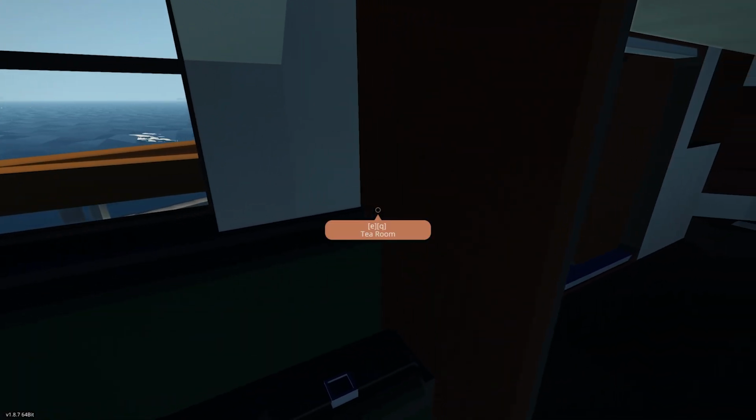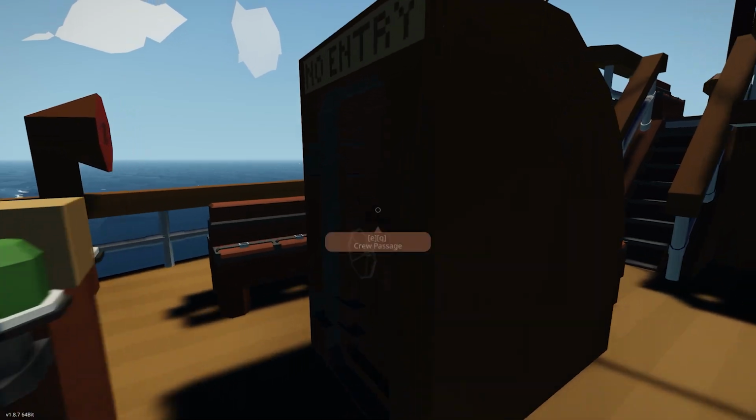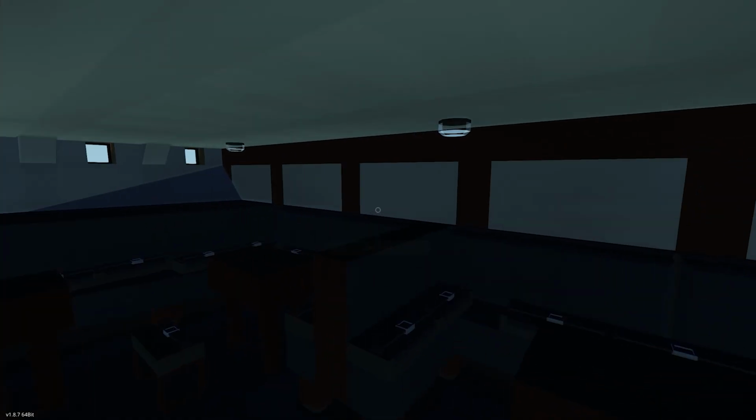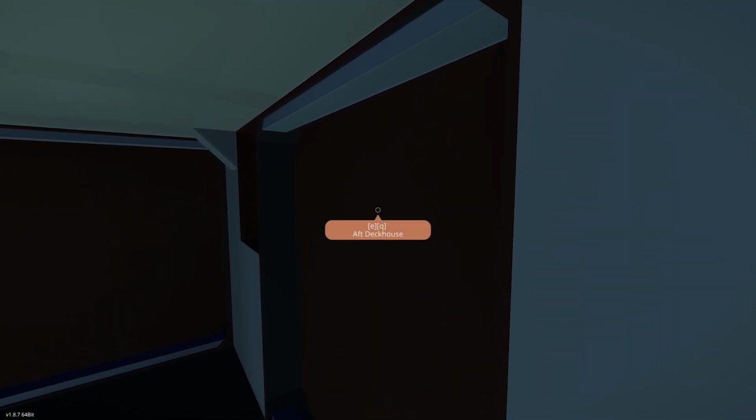And here we have the tea room, so this is actually pretty cool. Now, back here we have a crew passage, and this will take us down to the dining room. And there is some more spaces to explore. Down here we have the lower bar. And now we're going to journey back up on deck to the crew spaces forward, so the bridge and a bunch of other